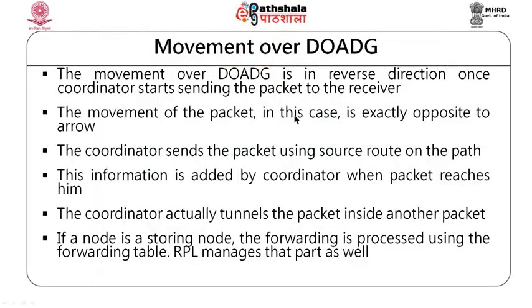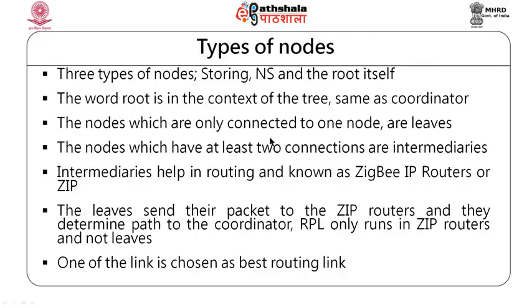How will the data move? Remember, this router will have to send that data to the recipient, and I will have to do that through source routing. That is what I have talked about, and it will tunnel actually. Source routing is basically, as I said, whenever a source router, the central coordinator, receives the packet, it will embed that packet into another packet, tunnel that packet and send it, and the newer header will have that source routing option, which will show the exact path through which that packet will travel to the destination. So, that is the job to be done.